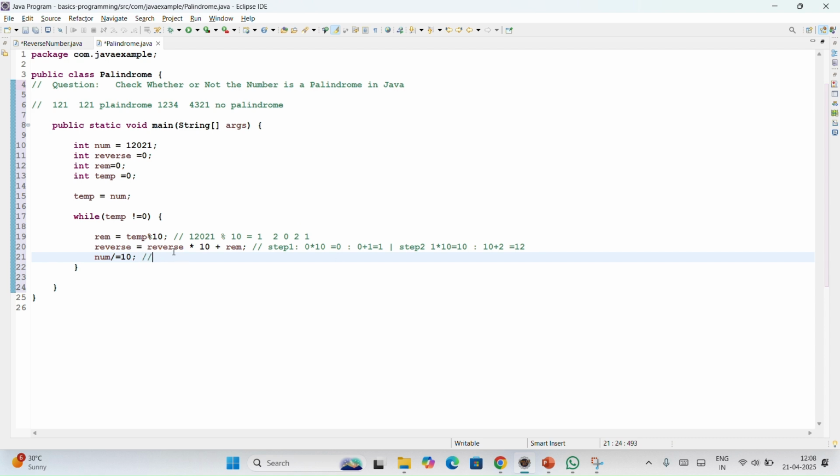First time this is 1 2 0 2 1. Second time 1 2 0 2. Third time 1 2 0. Fourth time 1 2. And the fifth time 1. Now our condition becomes false. So whatever value we get in reverse, we have to check also. After the condition is satisfied, you will get some value, and that value you have to check if